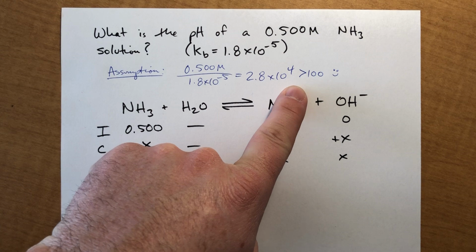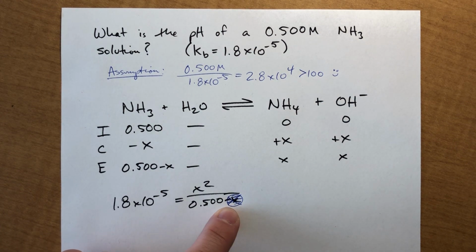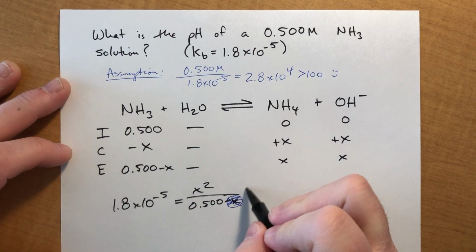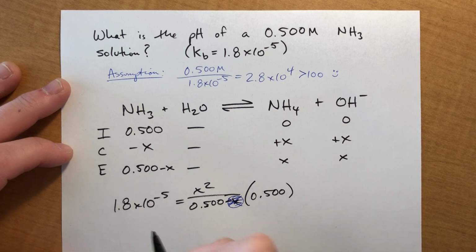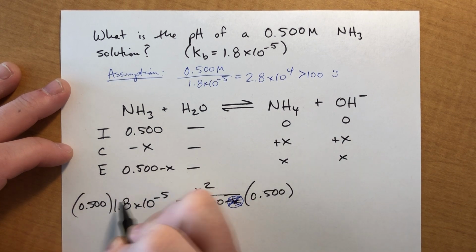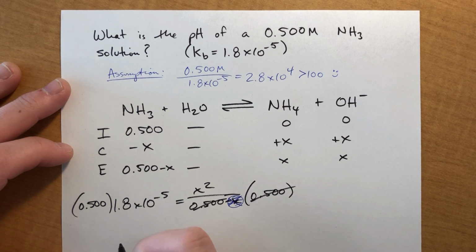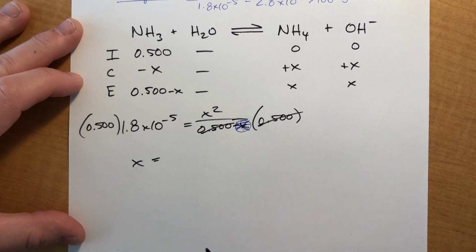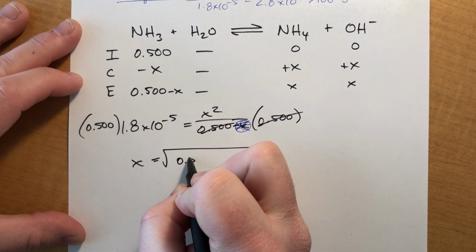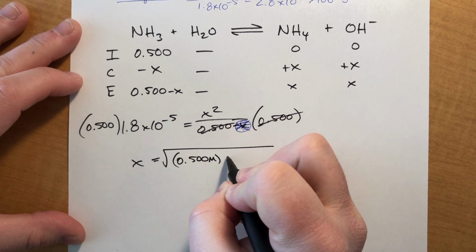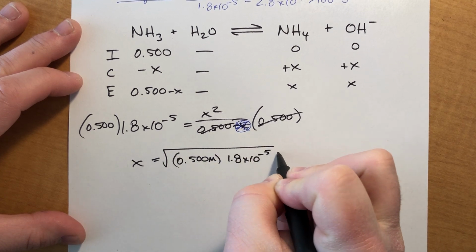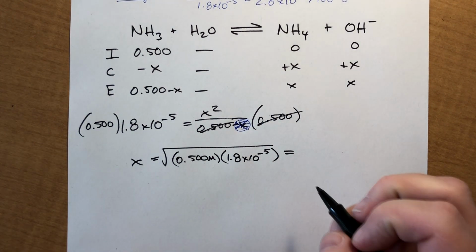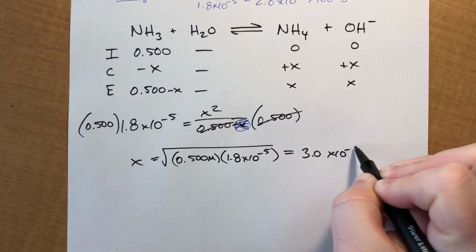Okay, because the assumption holds, we can assume that 0.5 minus x is just 0.5, which makes the math considerably easier. Basically multiply 0.5 on both sides. That cancels out, and we get x squared equals this stuff. So we take the square root of both sides. I'm going to switch sides to make it a little more obvious what's going on here, but it's the square root of those two numbers multiplied together. Okay, so when you plug that all in, we get a value of 3.0 times 10 to the negative third